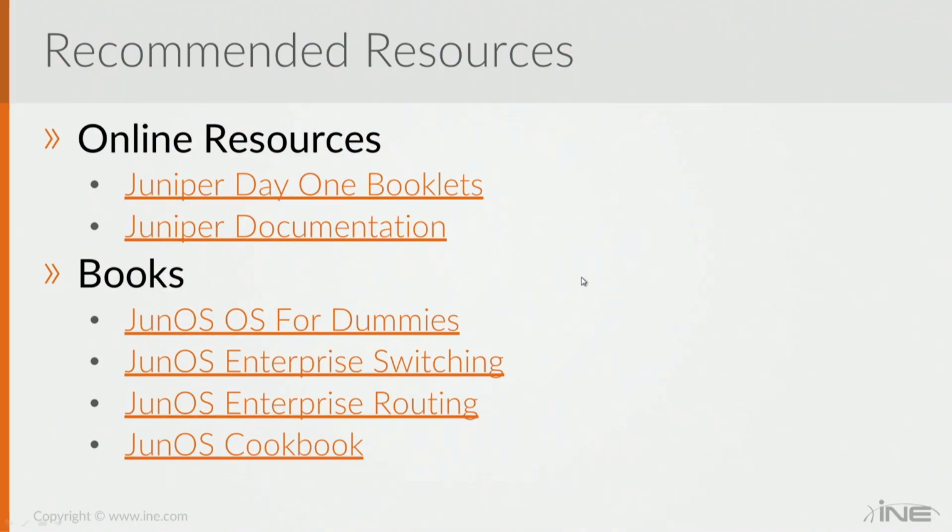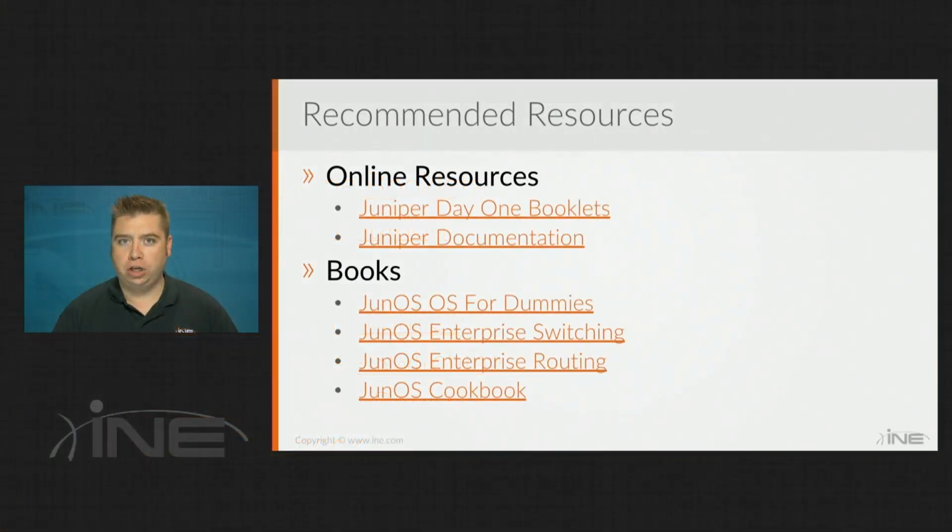The other main two are going to be JunOS Enterprise Switching and JunOS Enterprise Routing. Now, beyond just the implementation, these books do talk about the technology theory. So if you already know how LAN switching works, how spanning tree works, you could pretty much just skip those sections and then just look at their implementation examples. But if there's some technology that you don't already know, like MPLS, for example, then those books also include the